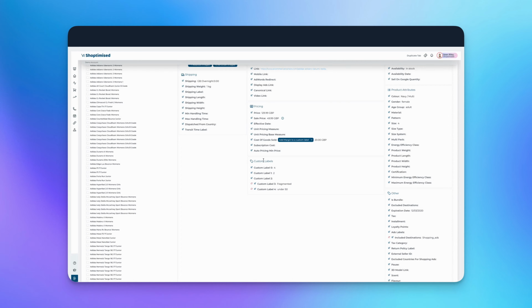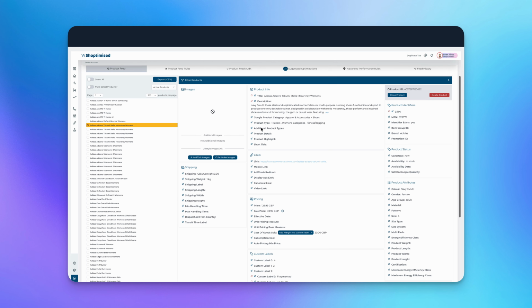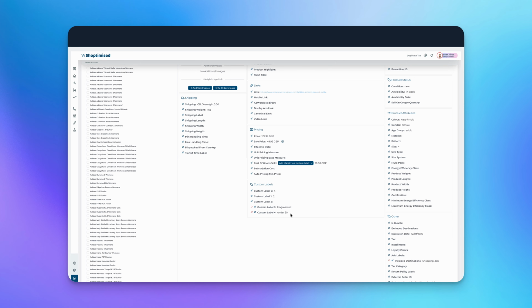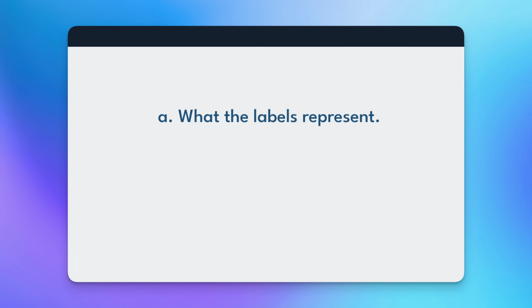Custom labels are free-form attributes that you can assign to products in your product feed. Google provides 5 of them. You've got custom label 0, custom label 1, custom label 2, custom label 3, and custom label 4. Unlike attributes such as brand or category, Google doesn't interpret the meaning of custom labels. They exist purely for your control. So that means you can decide what the labels represent, how products are grouped, and how those groups are used